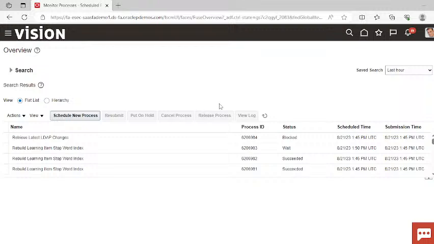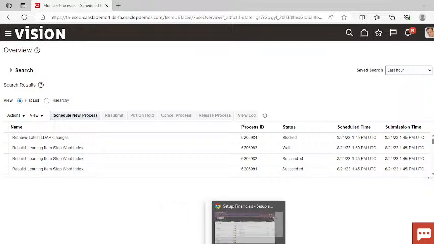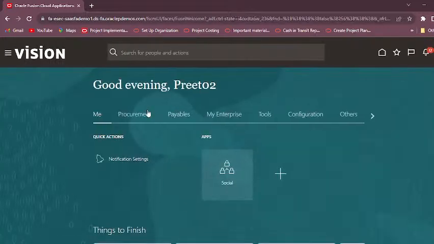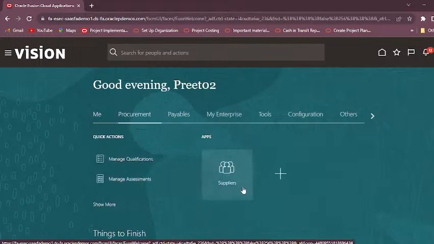So this process is already running in the background. Let's log in with the 302 user. Go to the home page here, and supplier related tasks you can find under the procurement module. For that you have to click on this procurement tab, and you can see here